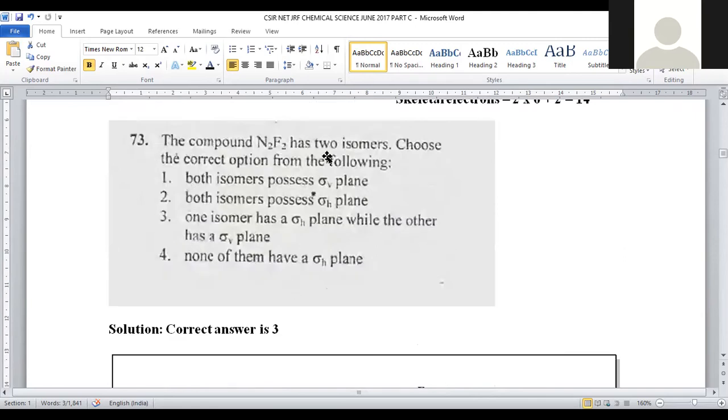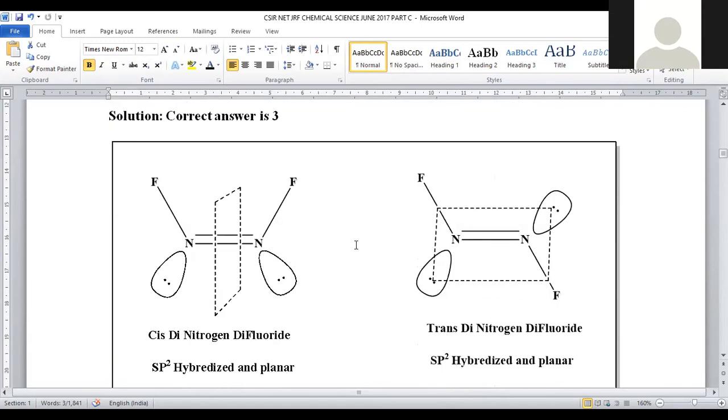The compound N2F2 has 2 isomers. Choose the correct option from the following. Okay, N2F2 is a kind of molecule existing in 2 isomeric forms. These 2 are said to be geometrical isomers. When 2 lone pairs of electrons are on the same